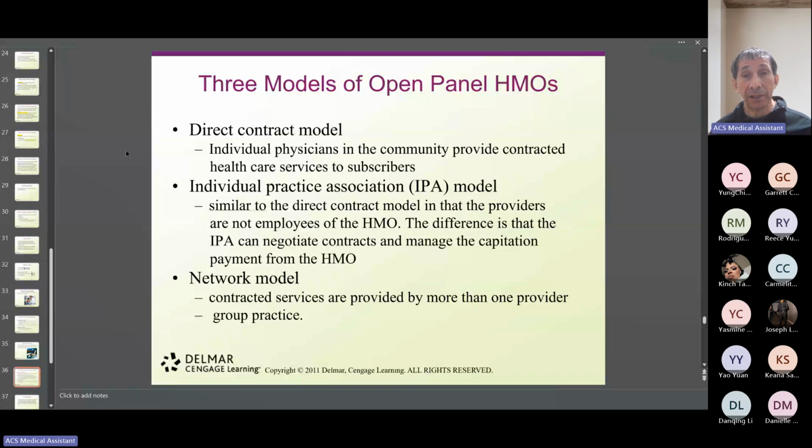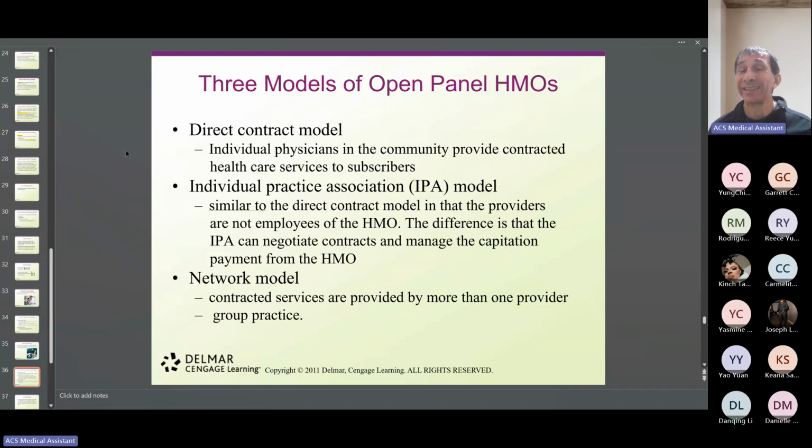So here is when, remember, these HMOs have a capitation, a fixed rate for services for every single doctor, regardless of where we are located. I mentioned it before. If for an EKG I pay $50 as an HMO, everyone who has my insurance is going to get paid $50. If you want to be taking patients from my insurance, I pay $50 for an EKG. That's it. I'm not going to pay any more.